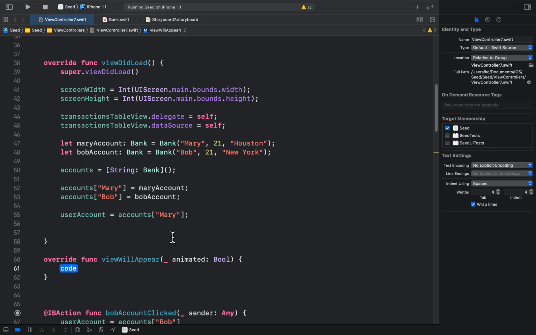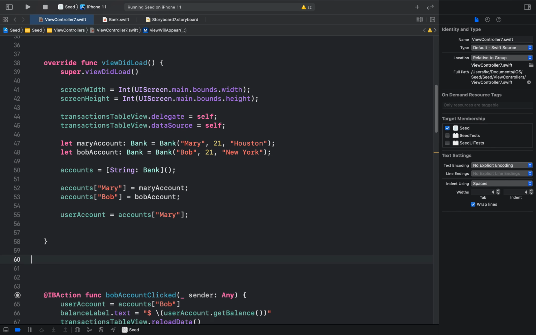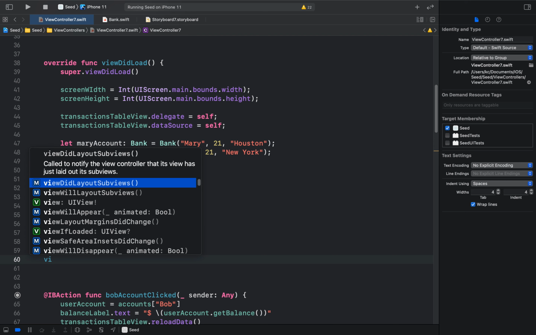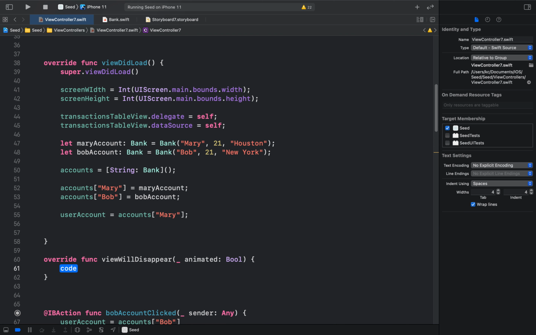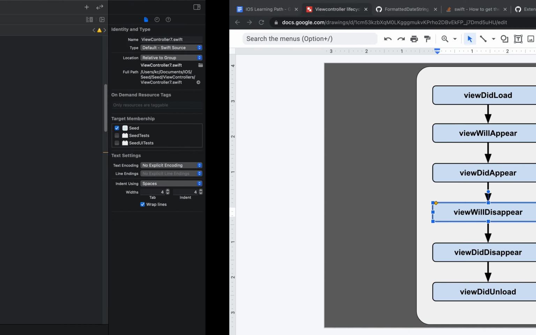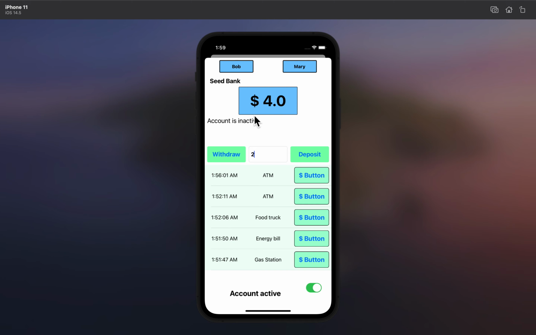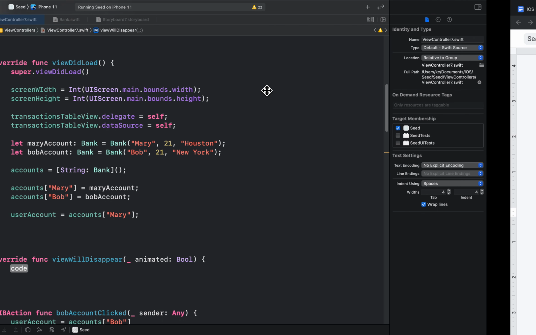So it's in viewWillDisappear. This is the best place to save something. Let's say you wanted to save this after the view is about to close. This is when you should save it. You can do something like